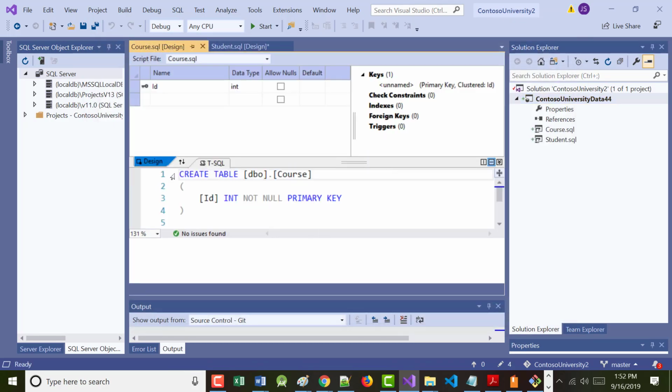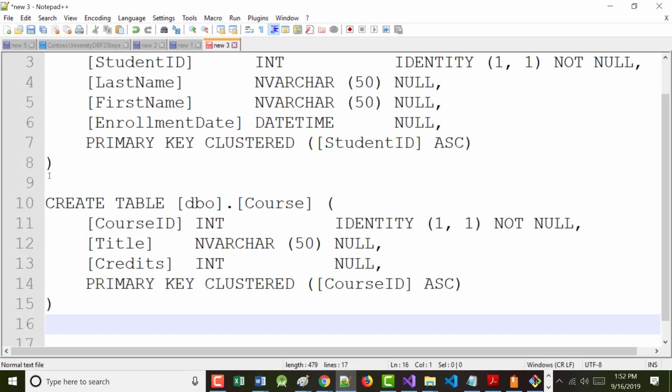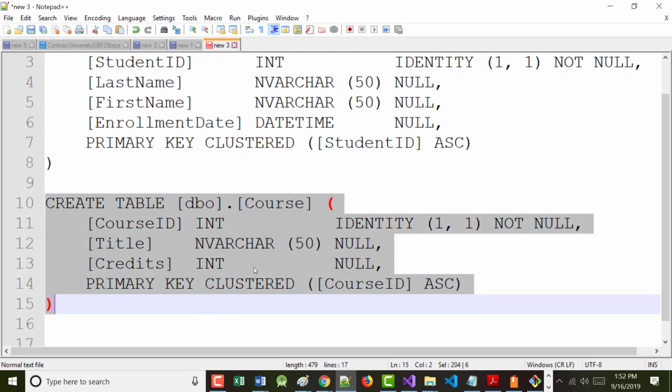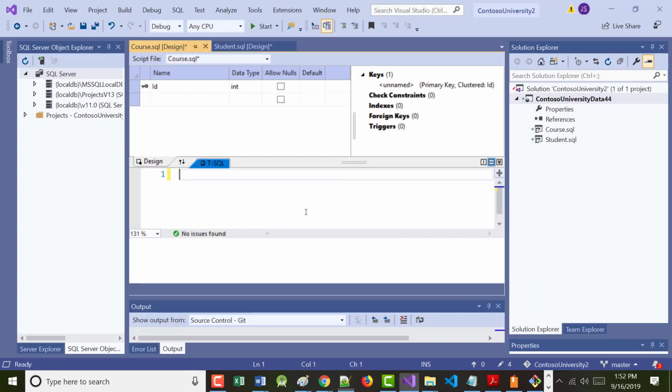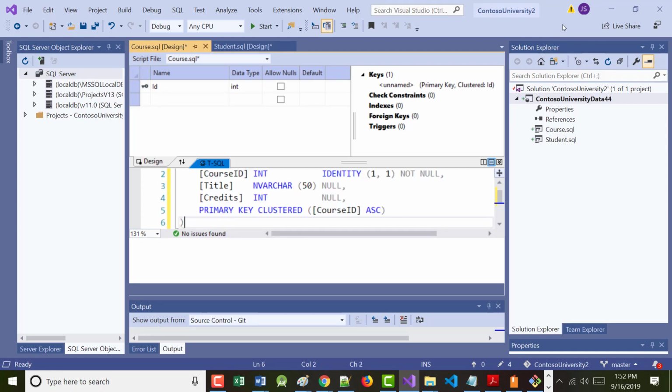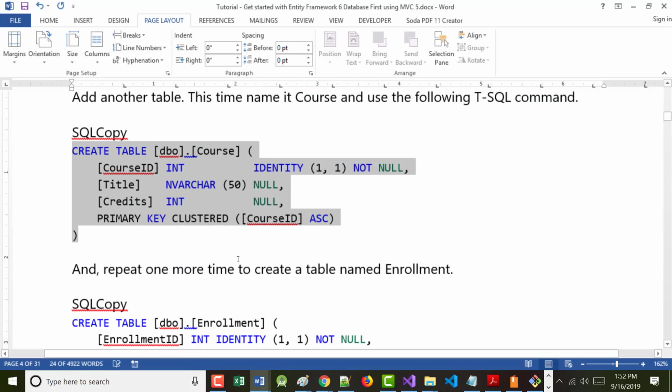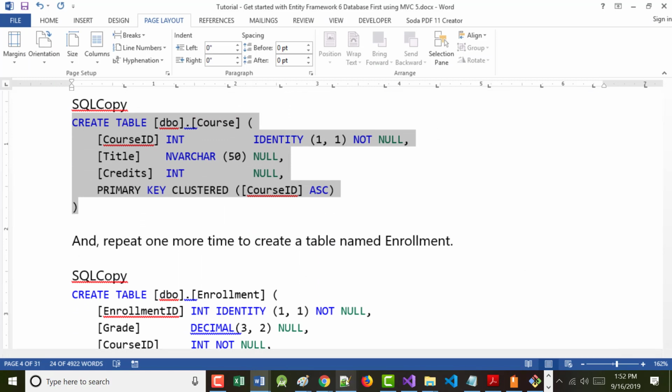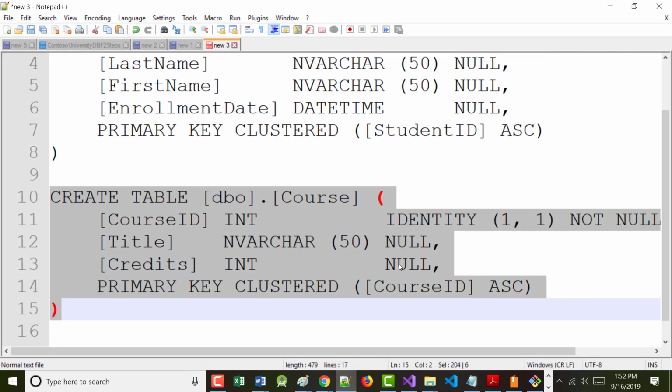Then come in here, you can remove what's there, and we're going to replace it with this. So there is the second one.